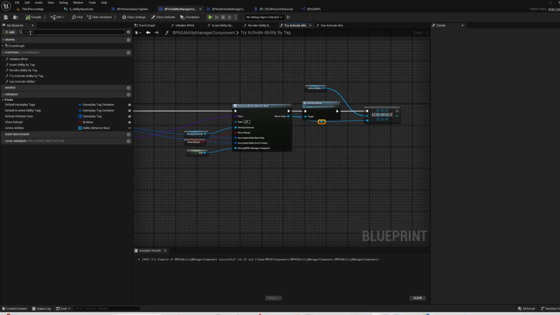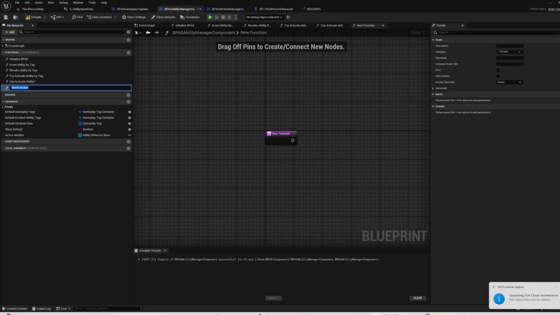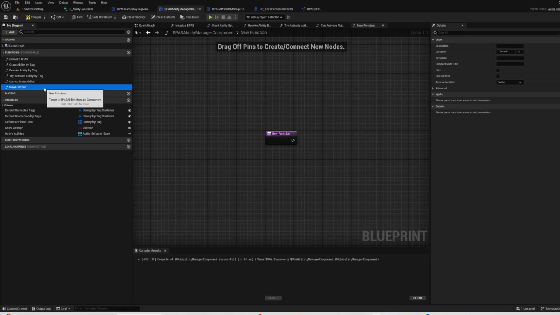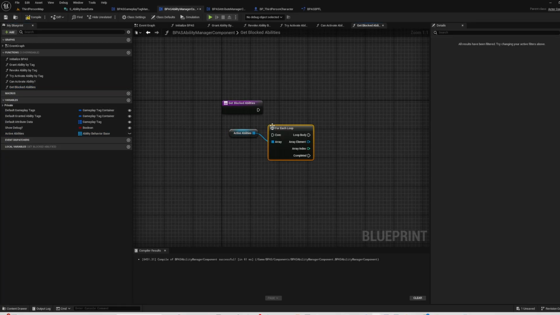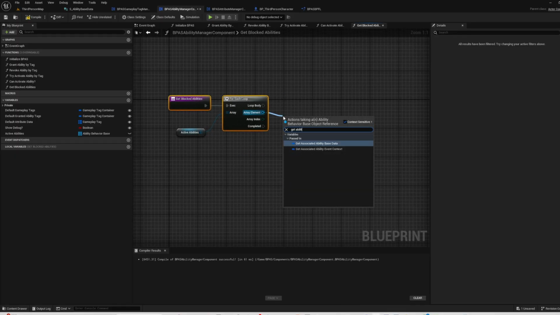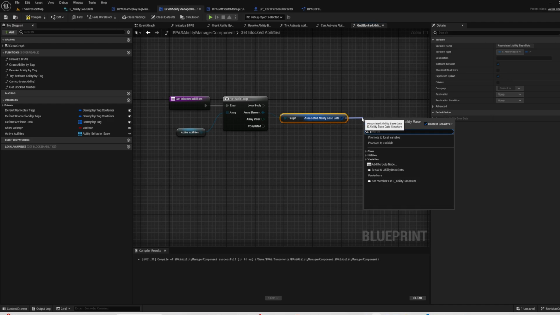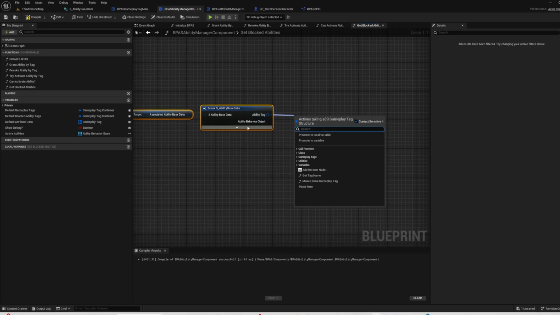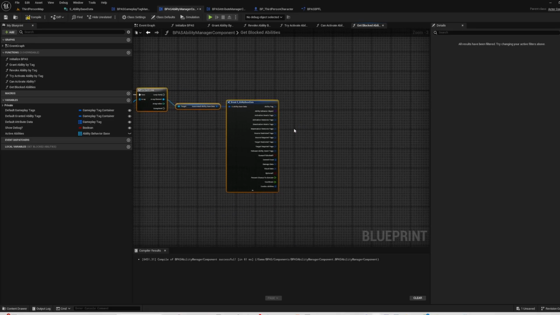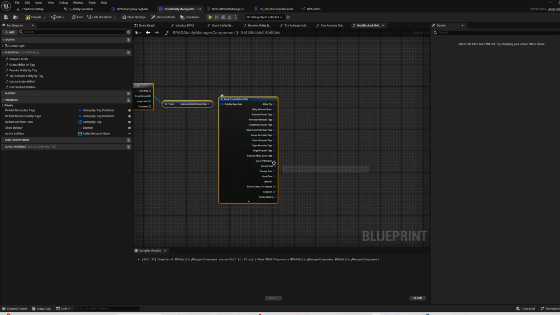Ooh, and I just remembered we need one more thing to check. Sorry, my computer's making that noise. Let's see. We need to check if it's blocked. So we need to get blocked abilities. And we will basically just loop over all our abilities. We will get the associated ability data. We will get the, oops, sorry. We need to break this. We need to get the ability tag. No, not the ability tag, sorry. These are all our active abilities. So we need to get the,